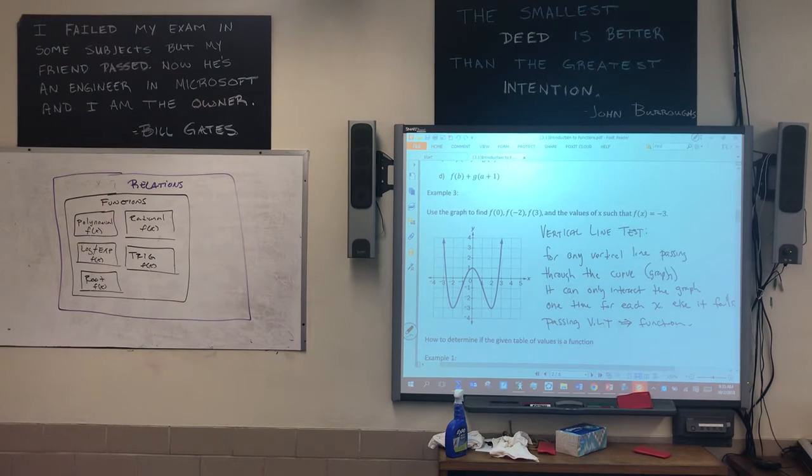Okay. So passing the vertical line test implies that you have a function. Failing the vertical line test simply says you have a relation. It defaults it back to that larger overarching grouping of relations. Okay? So if we look at this polynomial curve up there,